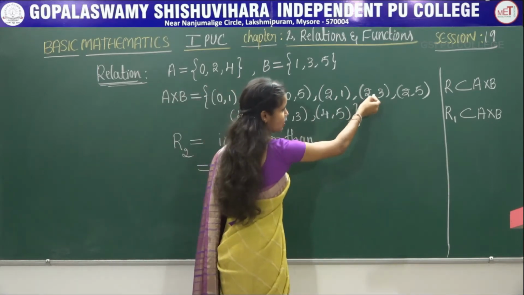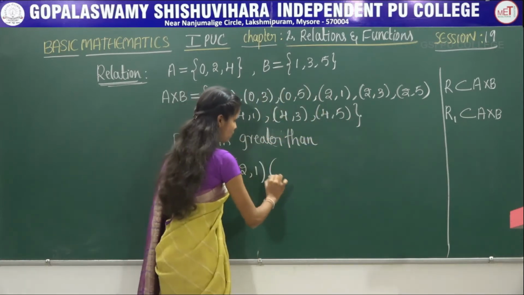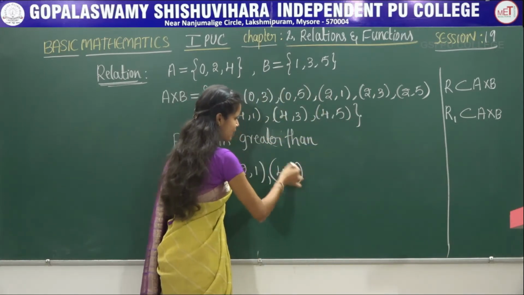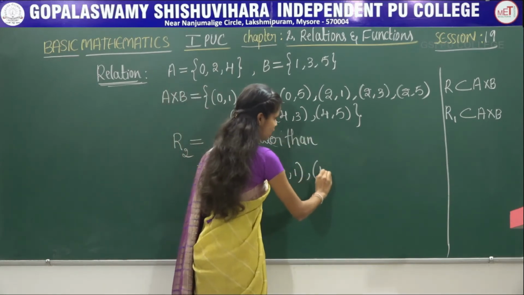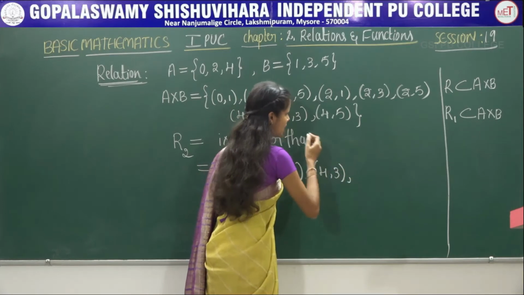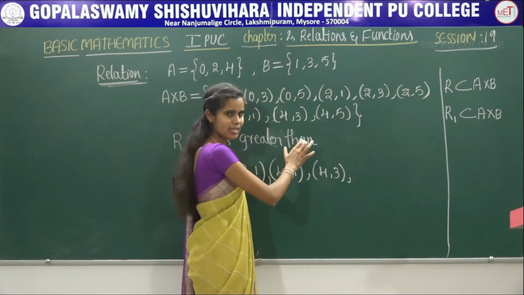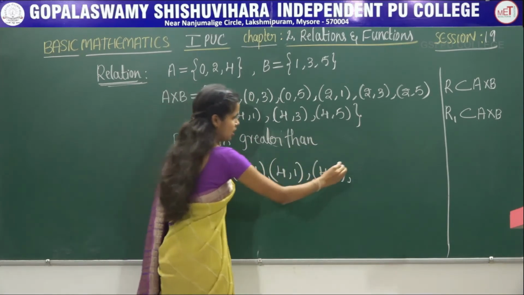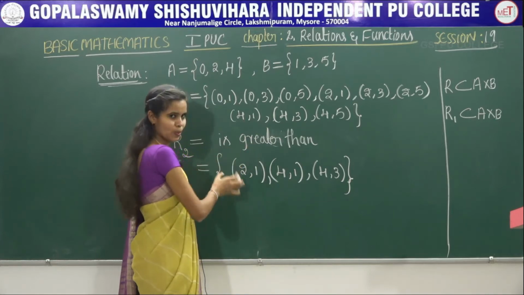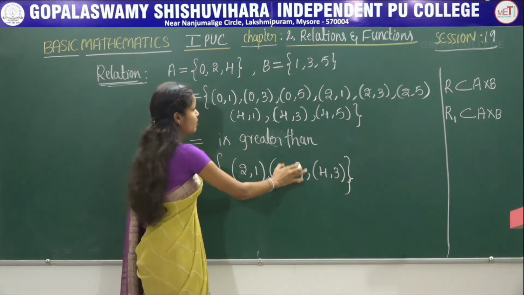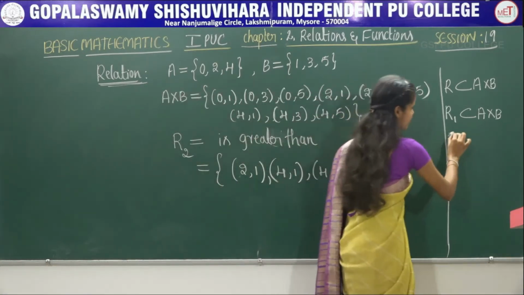2 is greater than 3, false. 2 is greater than 5, false. 4 is greater than 1, true. Therefore (4, 1) is an element of the given relation R2. 4 is greater than 3, true. Therefore (4, 3) is also an element. 4 is greater than 5, false. Therefore ordered pair (4, 5) is not an element of the given relation R2. So these 3 elements satisfy the condition R2. These 3 elements also belong to A cross B. Therefore R2 is a subset of